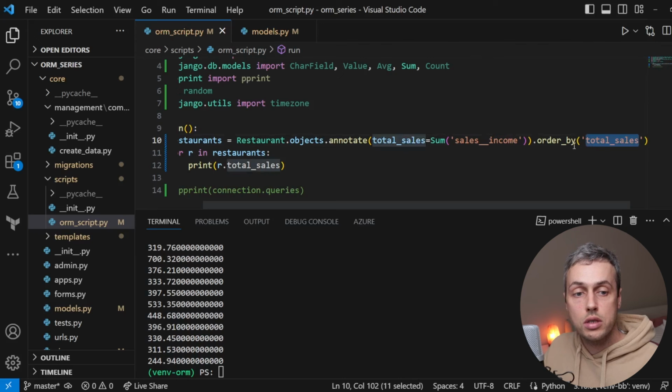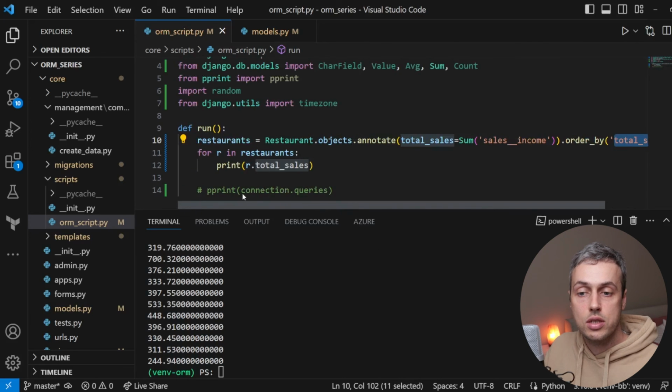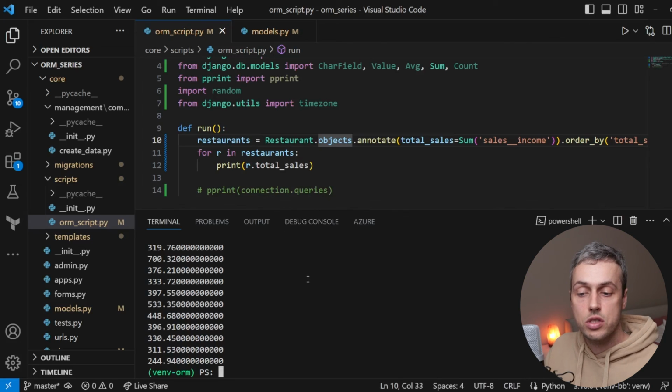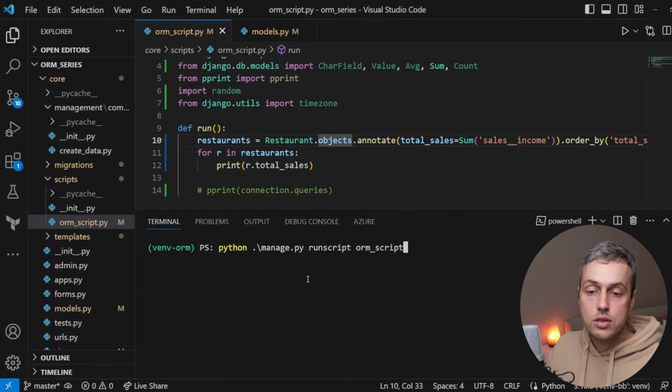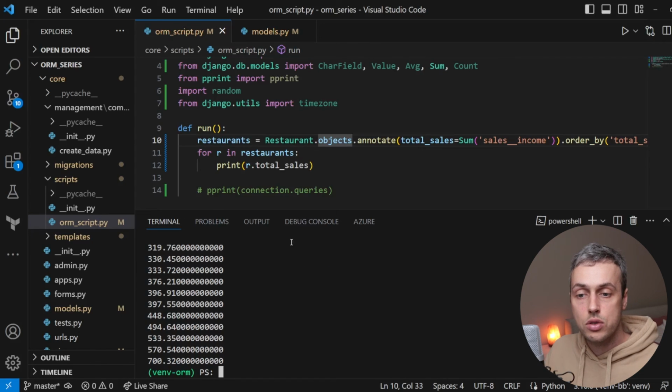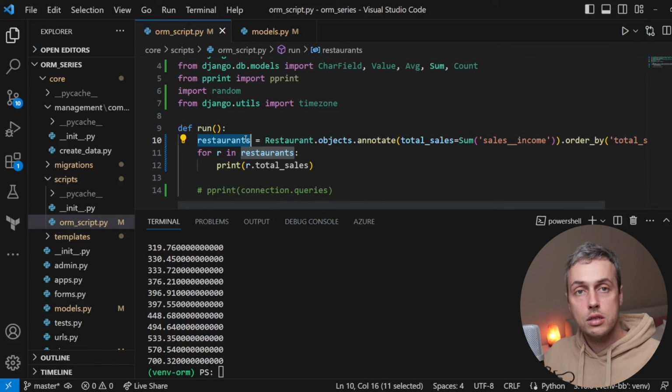In this case we're ordering by the total sales, and that should give us back a different ordering of this query set based on the number of sales that the restaurant has taken in. So if we re-execute the script, you can see this time the numbers are in order from smallest to largest based on the number of sales that that restaurant has made. So the very first restaurant in this query set is the one that took in the least amount of money from these sales, and the one at the very end is the one that took in the most amount of